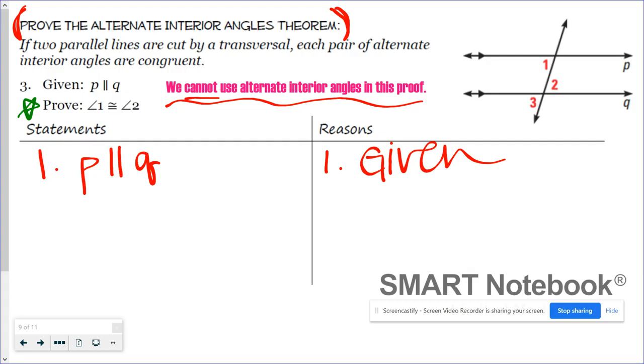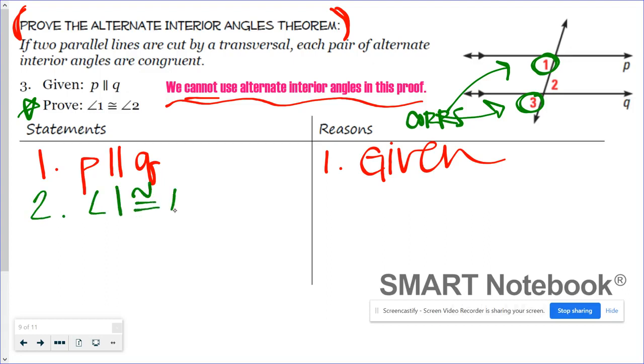So when you look at angle 1 here, you could say, well, angles 1 and 3 are corresponding angles, right? And according to the corresponding angles postulate, they'd be congruent to each other. So we can say that angle 1 is congruent to angle 3